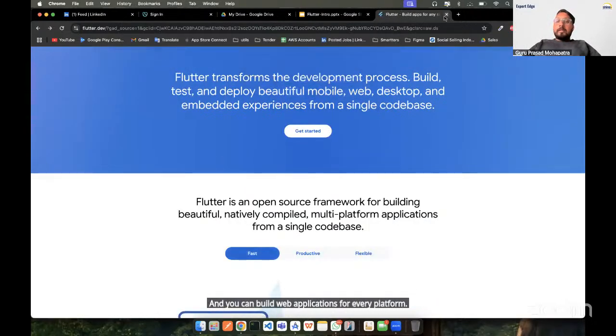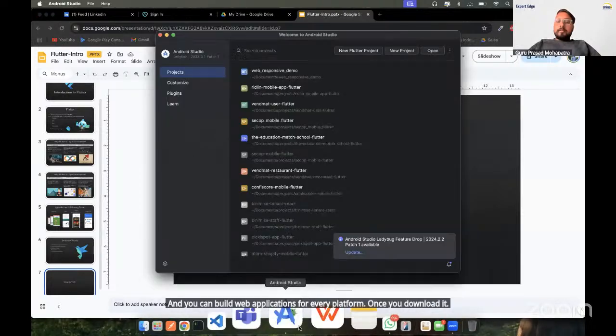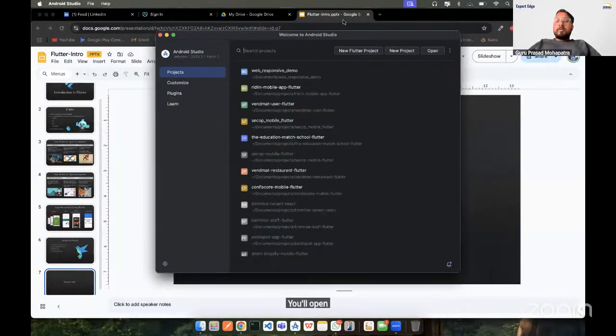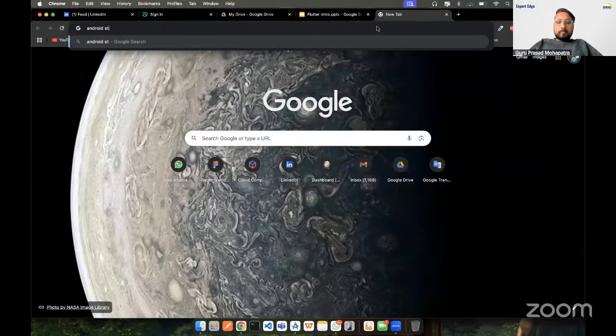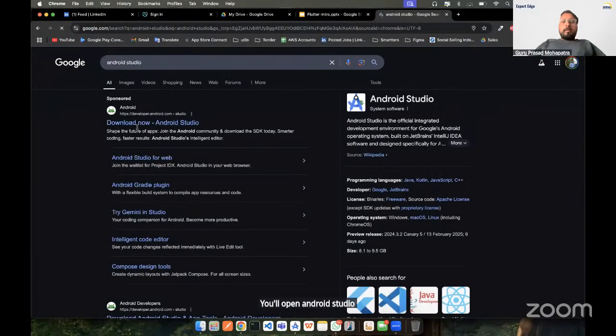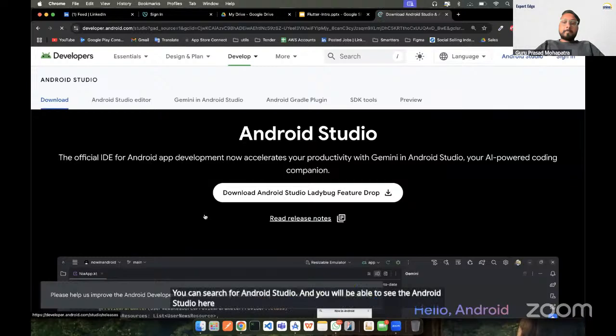Once you download it, you'll open Android Studio. You can search for Android Studio, and you will be able to see it here.